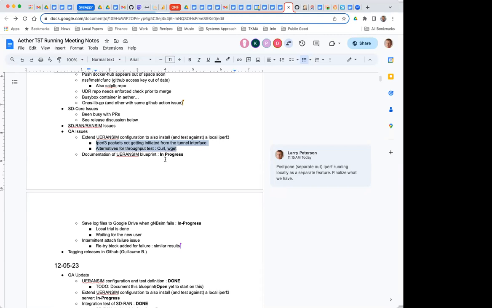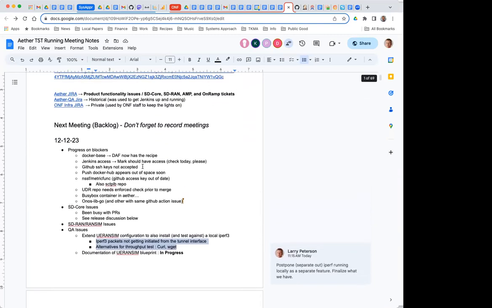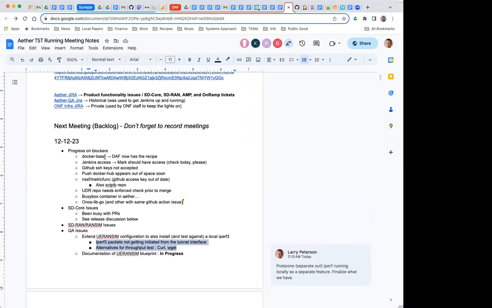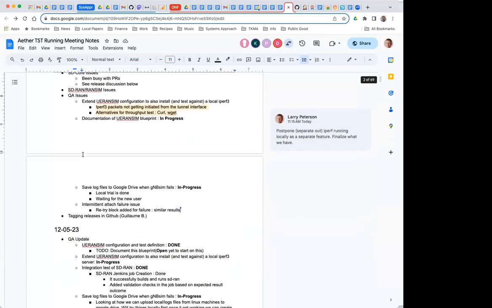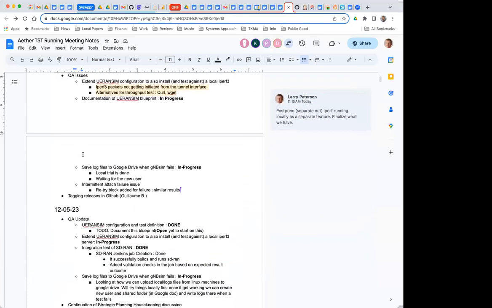In any case, set that aside. You do have something that's working perfectly well. Let's declare that what we're doing, and then it's a matter of documenting it. And just documentation, by the way, there's a whole bunch of things to document, like the SD-RAN blueprint is now ready, but that depends on Docker base. So hopefully we can start checking those docs in soon. Yeah, let me just make note of that.